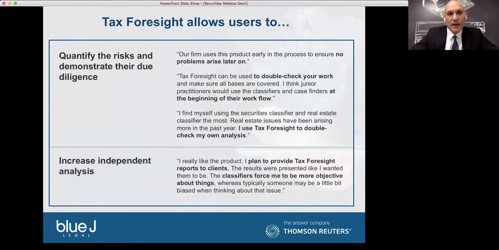Very important, it allows users to quantify the risk that clients may be taking, either say in a decision about whether to engage in a voluntary disclosure. So should I voluntarily disclose this? What are the risks that if this were challenged, I might be in trouble? And so just trying to calibrate what are the risks, what are the upsides of a voluntary disclosure, for example, or even just simple stuff like this case that we're going to talk about today involving securities trading.